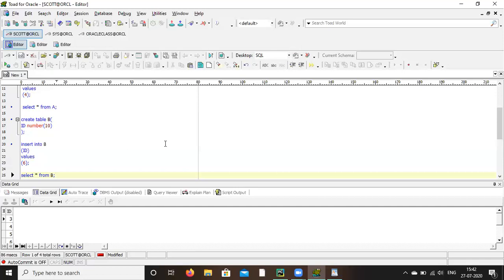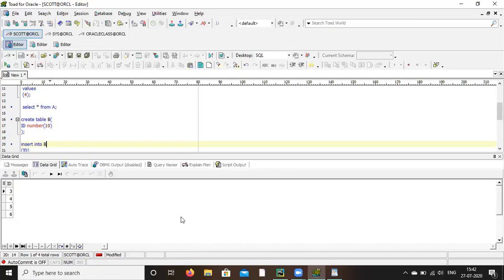Just drag it a little bit so you can see the full output. Okay, fine. So now we have created two tables, A and B. In A, 1, 2, 3, 4. In B, 3, 4, 5, 6 is there.